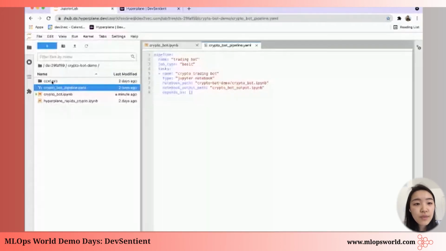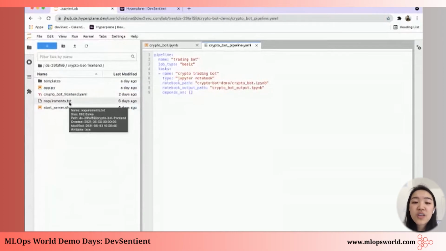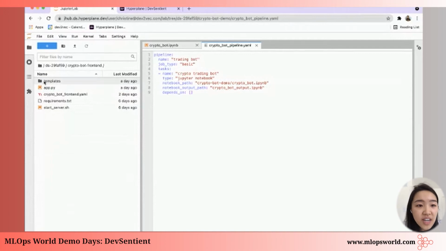So for this example, we just have a simple Flask application, but of course, you can use any other framework that you like, Fast API, Django, anything else you'd like as well. And to get this dashboard running, so you can see it's a very minimal set. It's just the app file itself. Once we know that our app is running, to get this running as a service again, so that we don't have to keep our